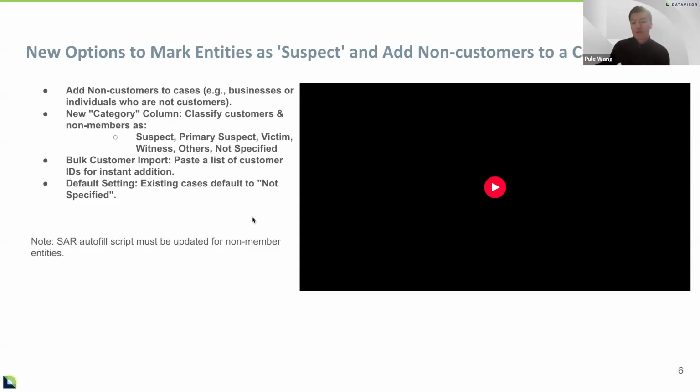We're also going to allow you to add non-customers to a case, because specifically for fraud investigation, a lot of the time the entities being investigated are not your customers. So we will allow you to enter that into a case and document any PII or information about that